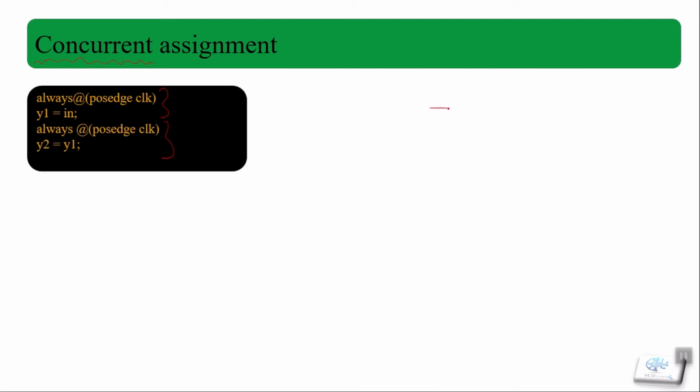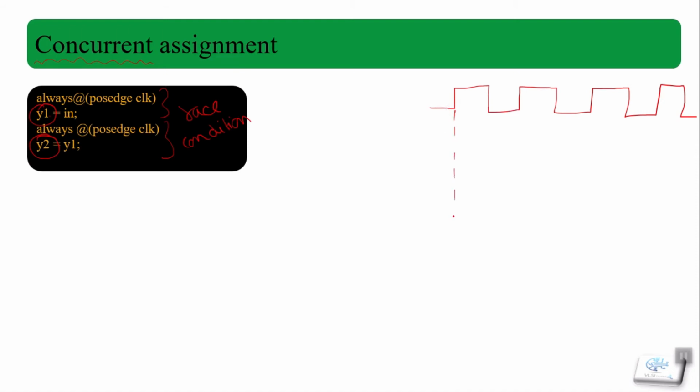So let's first understand it with the waveform here. Suppose we took a clock, and here is our clock. Let's first talk about our first case, these two always blocks. Firstly, we know that it is a race around condition, because for the updation of Y1 and the updation of Y2, the simulator can't understand whether it has to update this one first or this one first. That's why we got an error here.